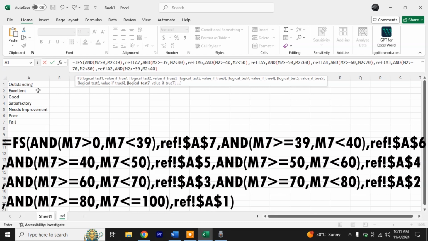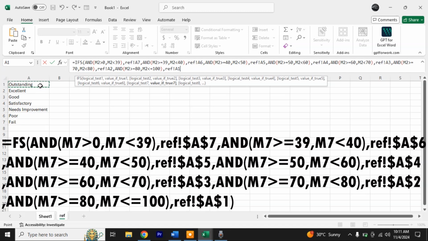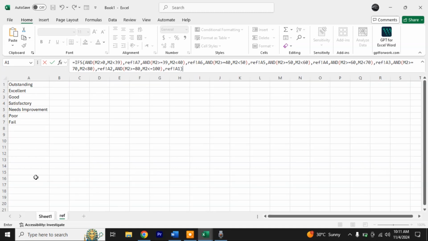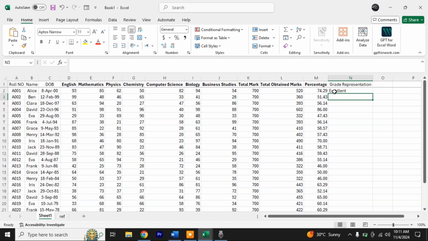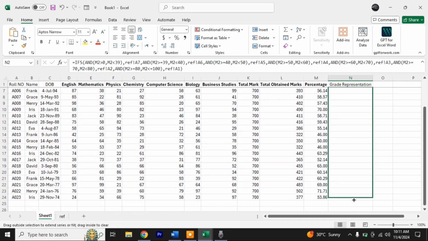Again we'll paste the formula. If it is greater than or equal to 80 and less than or equal to, this time we'll give the equal to 100, then should come outstanding, and we'll close the bracket, enter. Now it will come the excellent. Just drag this one till down,